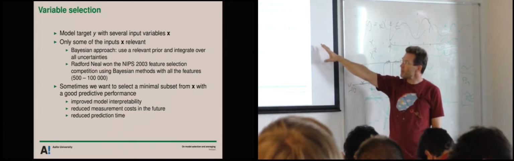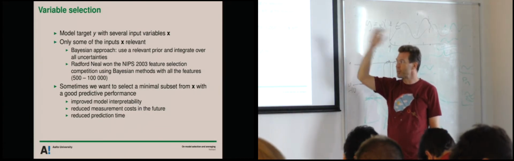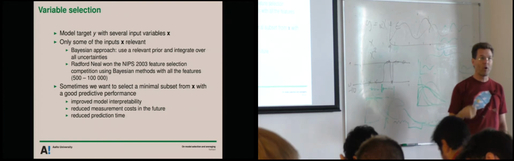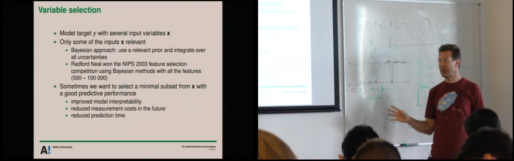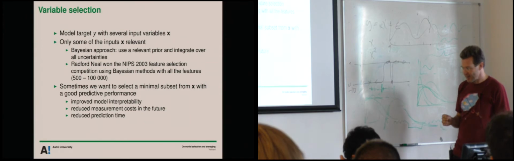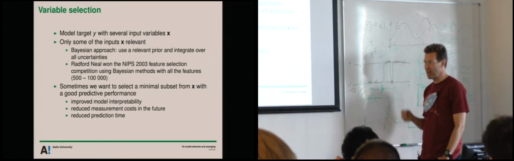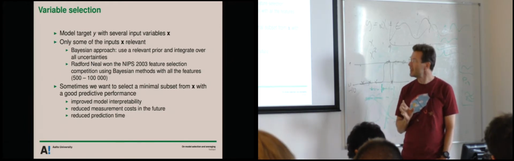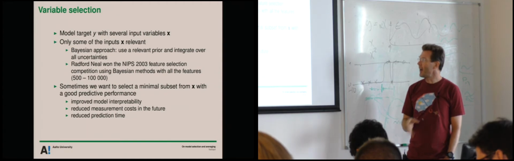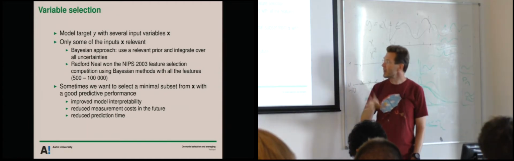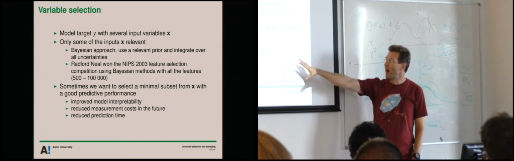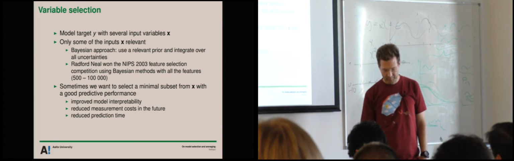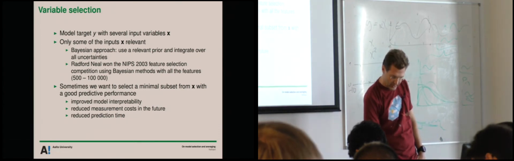we can improve model interpretability, also reduce measurement cost in the future if you think about these healthcare applications. Of course, there are more and more biochips which measure a lot of different things from blood. But sometimes it's even that taking the blood sample, the time the nurse uses for that can be the dominating cost. And then we can reduce the measurement cost if we choose the smaller set. And might be also reducing prediction time. Some cases we might have also timing issues, time constraints for